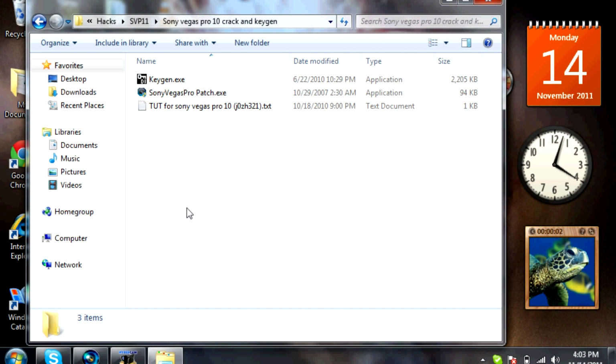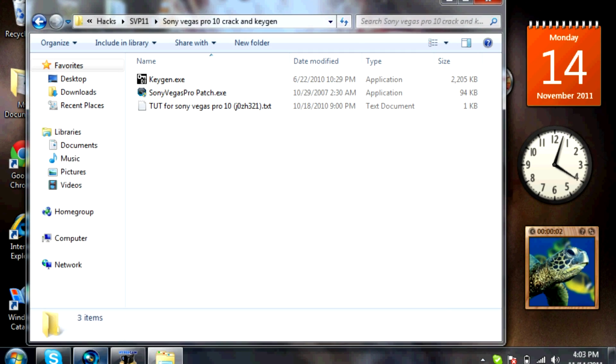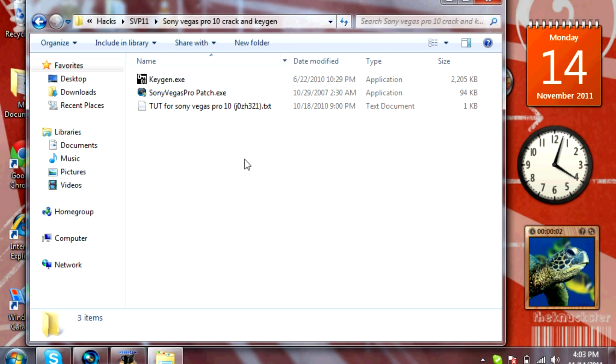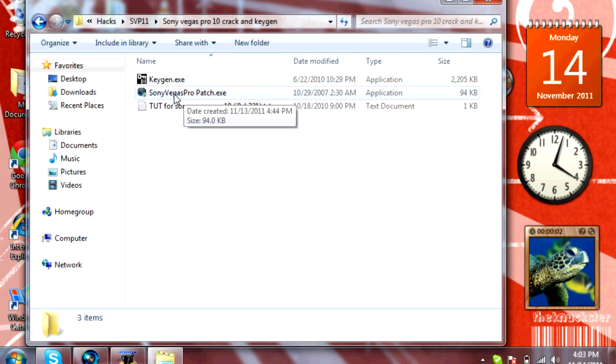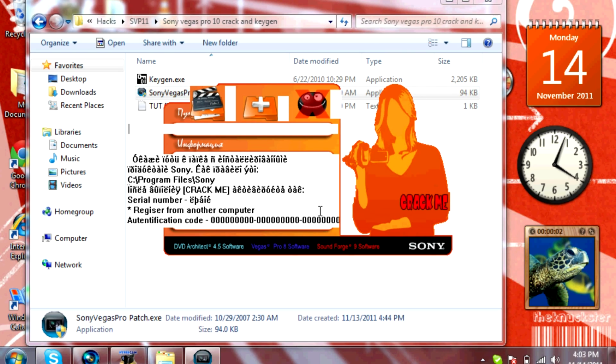Crack and Keygen, and then you must, after you download Sony Vegas Pro 11, like when you first get it off the internet and then it asks you for the setup, when you finish the setup, don't do anything else, exit out of it, then go to Sony Vegas Pro patch.exe. Well, yours might not say .exe, it'll probably just say Sony Vegas Pro patch, and then this will pop up,